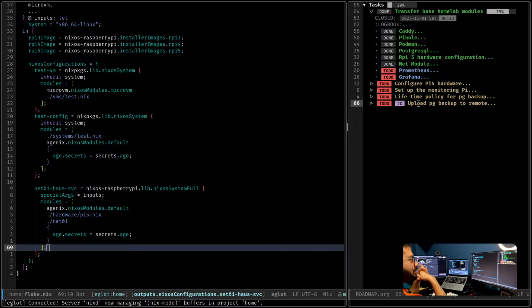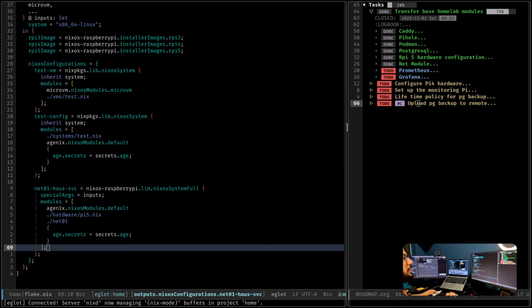Today I'm going to continue working on the home project, basically the rebuild of the Nix configuration I'm using daily. So far we have configured the network server, on which we deployed some applications like Circs.